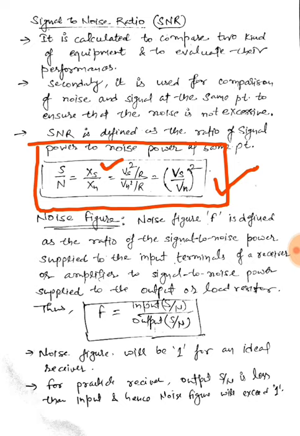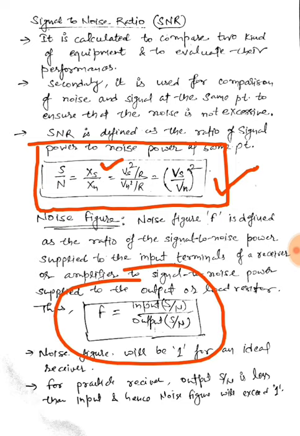Next is noise figure. Noise figure is defined as the ratio of signal to noise power at the input terminal to the signal to noise power ratio at the output terminal. So it is the input signal to noise ratio divided by the output signal to noise ratio. The noise figure will be 1 when the input signal to noise ratio and output signal to noise ratio